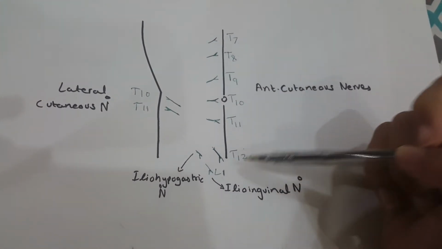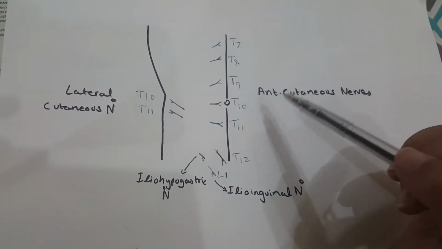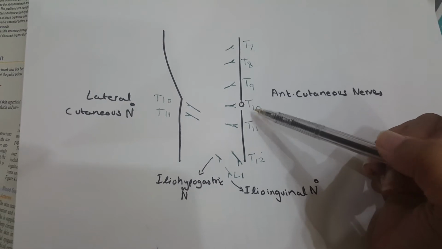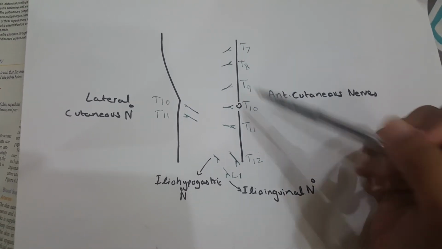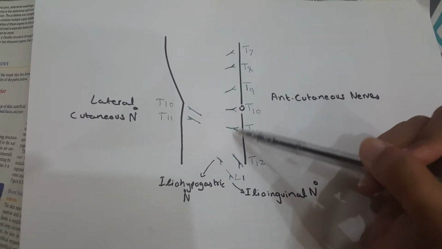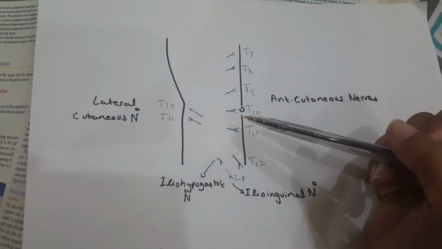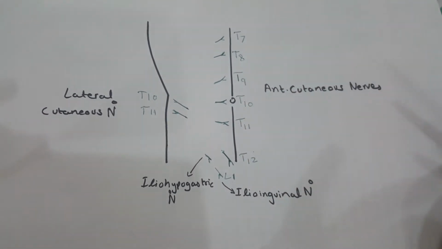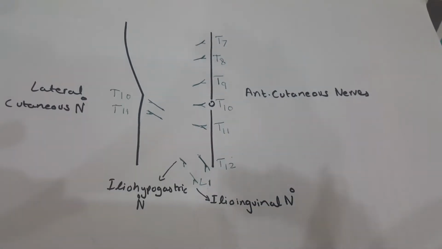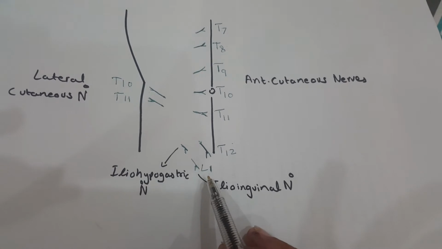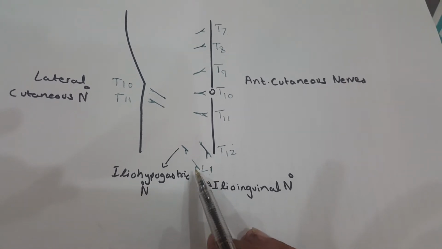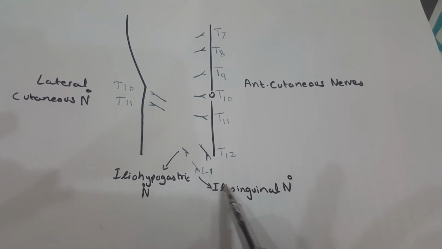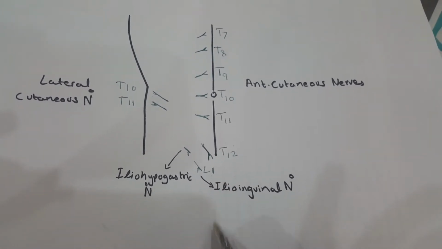Skin of the front of the abdomen is innervated by anterior cutaneous nerves and subcostal nerves T7, T8, T9, T10, T11, T12. All these nerves pierce the anterior wall of the rectus sheath. After piercing the anterior wall of the rectus sheath, these nerves divide into medial and lateral branches. The ilioinguinal nerve, which is L1, emerges through the superficial inguinal ring and supplies the external genital organs as well as the upper medial side of the thigh.